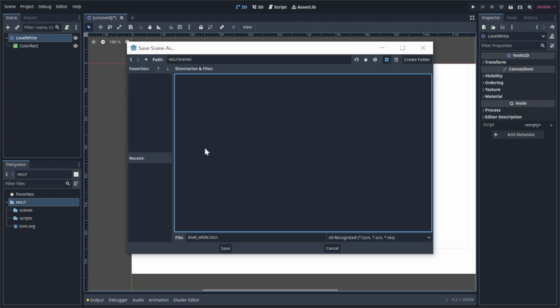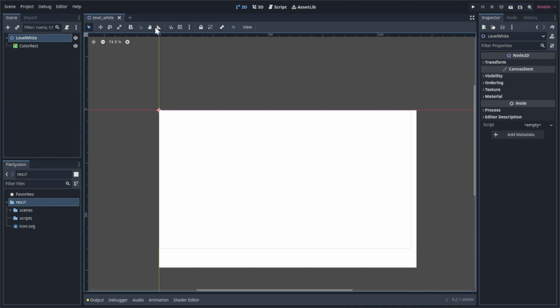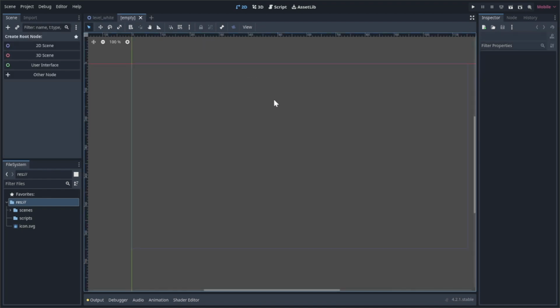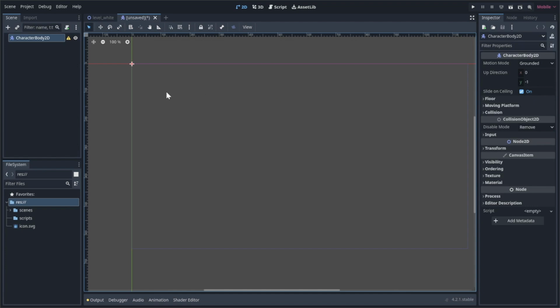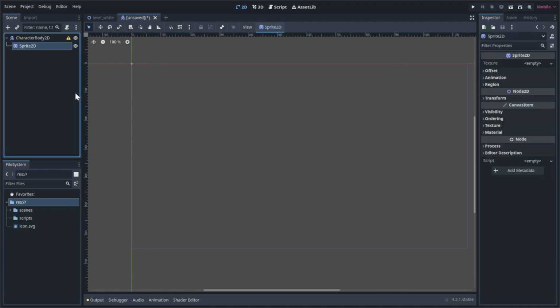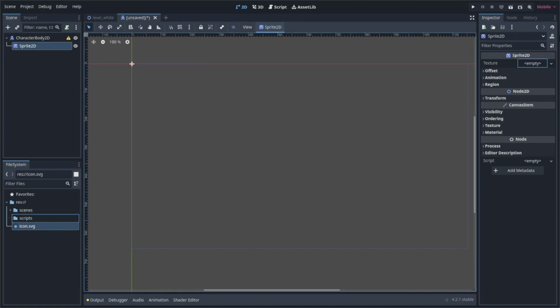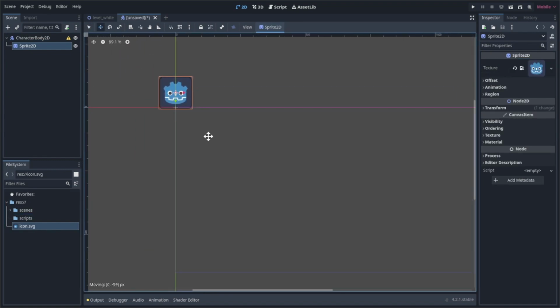Okay, so I want to go into scenes and save my level white, and I'm also going to create my player. So let me open a new tab and Control A, and this one is going to be a character body 2D, and let me add a sprite 2D. Okay, a sprite 2D, and inside of this I'm going to drag the icon. Let me move it up a tiny bit,